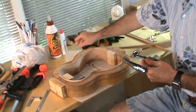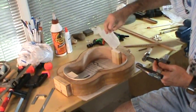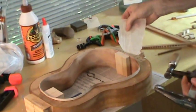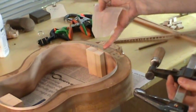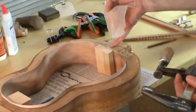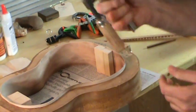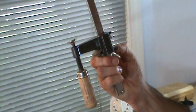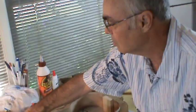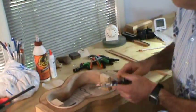And I strongly recommend using a piece of wax paper to hold everything together, because there inevitably will be glue drips and spills. So you might want to put a piece of wax paper between your sides and your mold, so that when you finish gluing the blocks together, the sides do not inadvertently glue themselves to your mold. And then I'll use either these small Chinese F clamps or these plastic ones over here to glue them together,